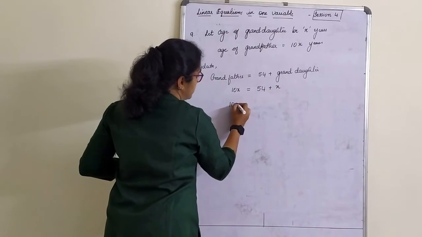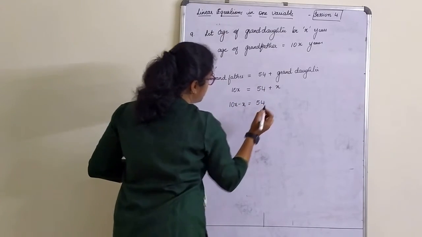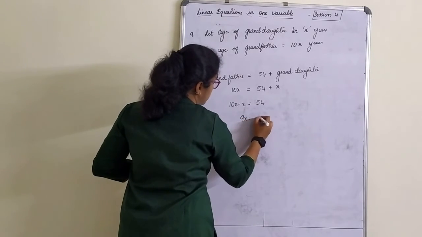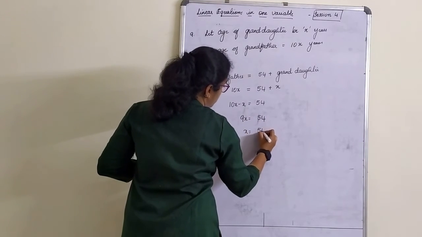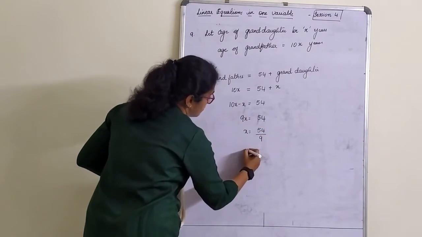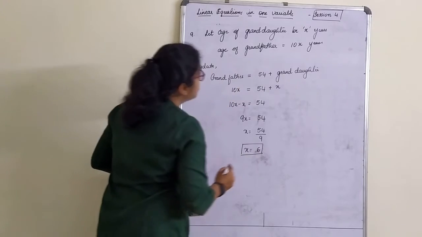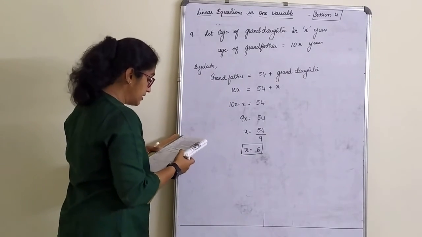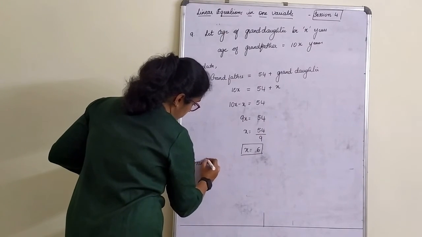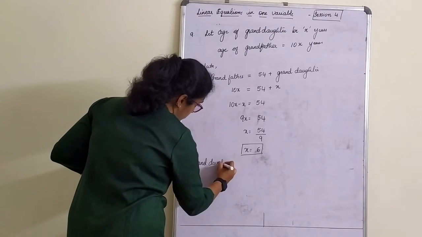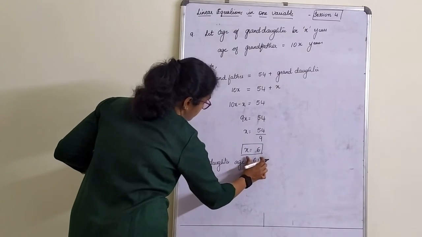Yes? 10x minus x is equal to 54. 9x is equal to 54. x is equal to 54 by 9. x is equal to 6. 9 6s are 54. Therefore, granddaughter's age is 6 years